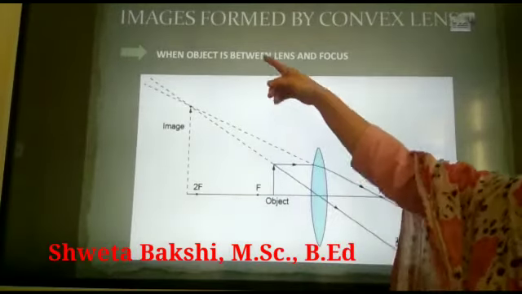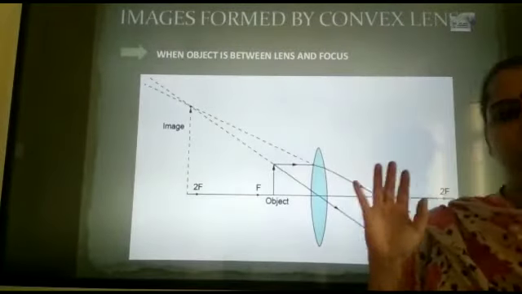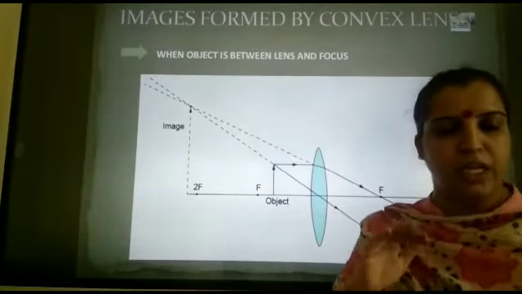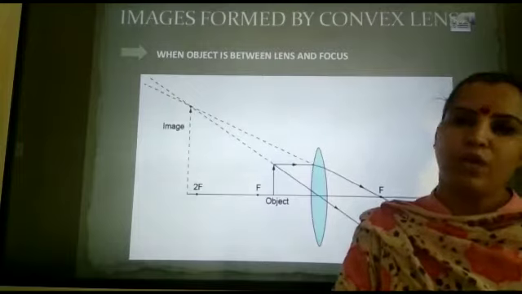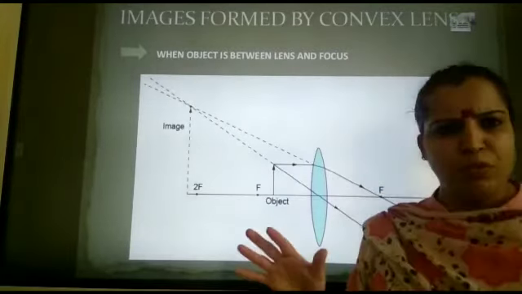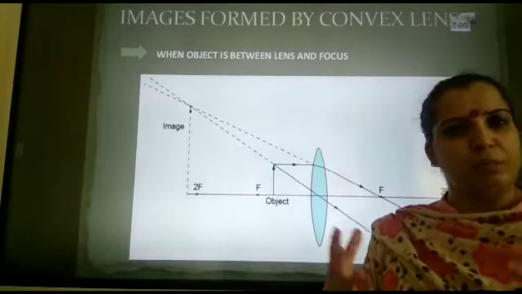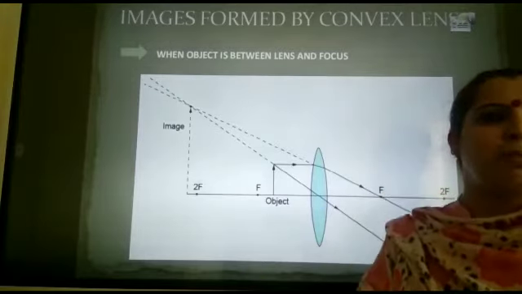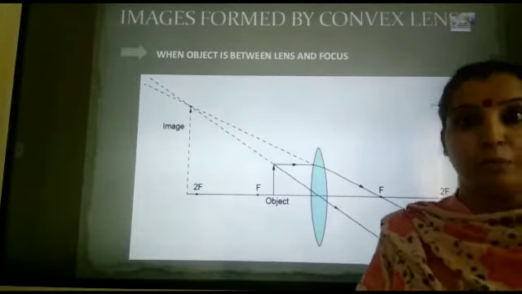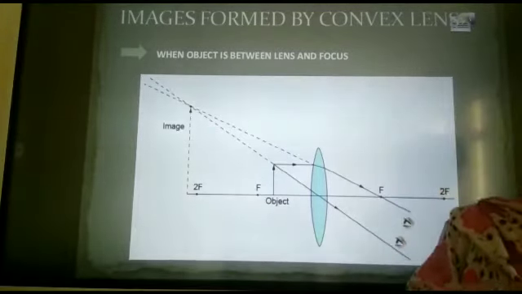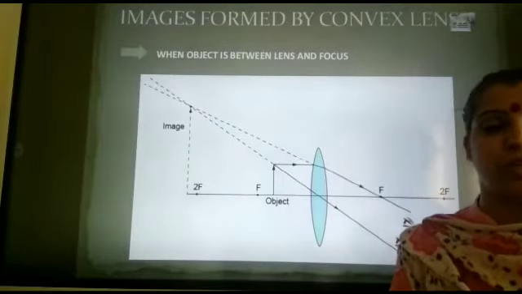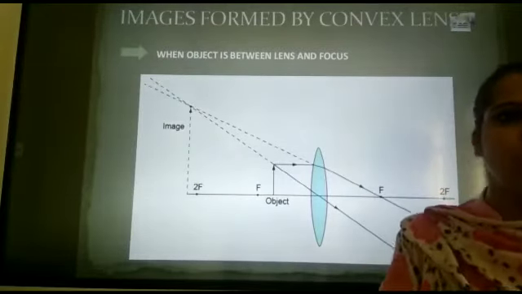This is the image formed by the convex. Now we'll be reading about convex lenses. As in the case of the concave lens, what we read, at any position the object is placed, the image will be formed in the same manner. It will be diminished, which is smaller in size, and it will be virtual, that is, on the lens.